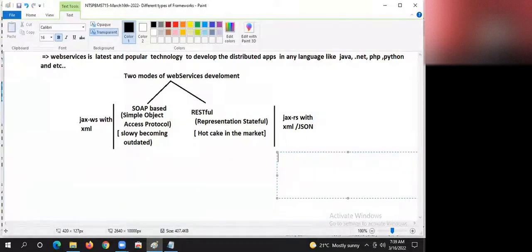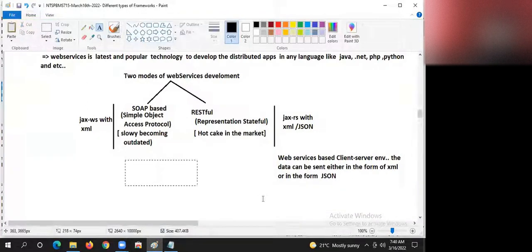In a web services based client server environment, the data can be sent either in the form of XML or in the form of JSON.